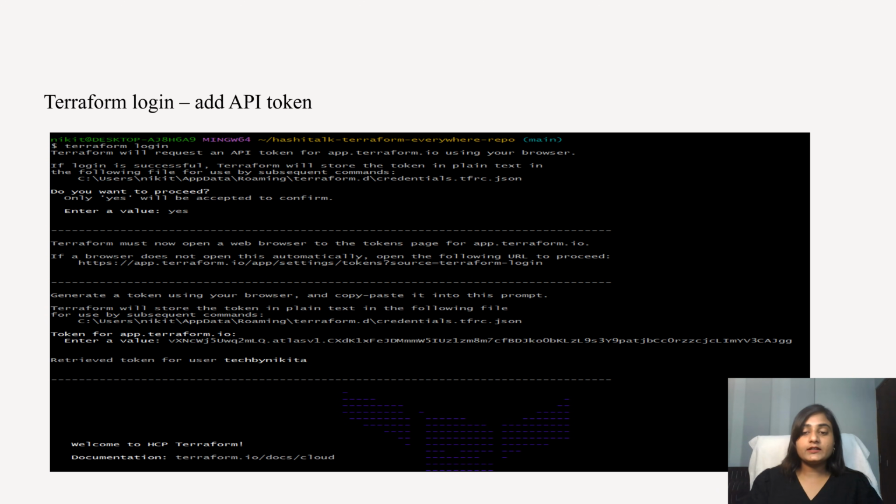So after doing the Terraform backend configuration, you can do the Terraform login. Terraform login is basically you have to log into Terraform, which pops up a notification to create an API token, which does the job of your user authentication. Once that is done,